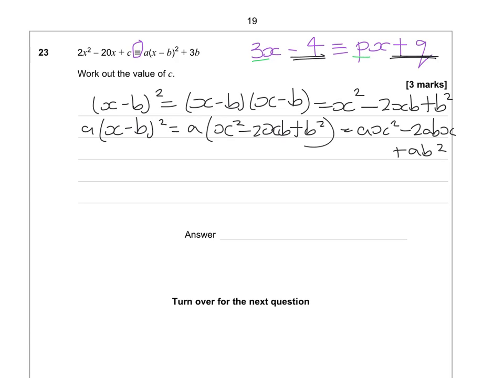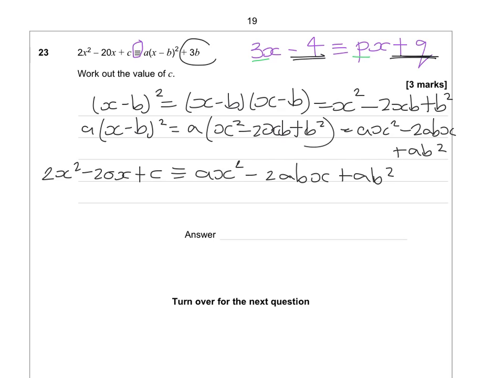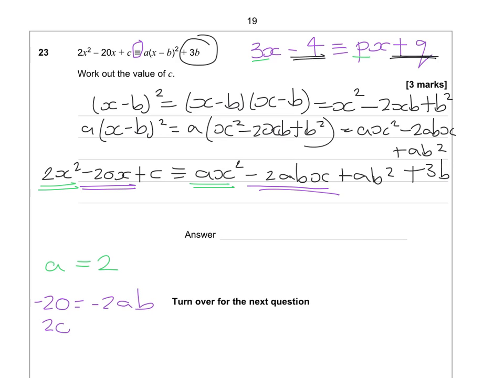So we now know that 2x squared minus 20x plus c is identically equal to ax squared minus 2abx plus ab squared, and then don't forget this plus 3b at the end. Now, if we compare the parts, 2x squared and ax squared must be equivalent, so a must equal 2, which will be useful in a moment. Negative 20x must equal negative 2abx, which means that negative 20 must equal negative 2ab, or 20 equals 4b, as a equals 2, so b